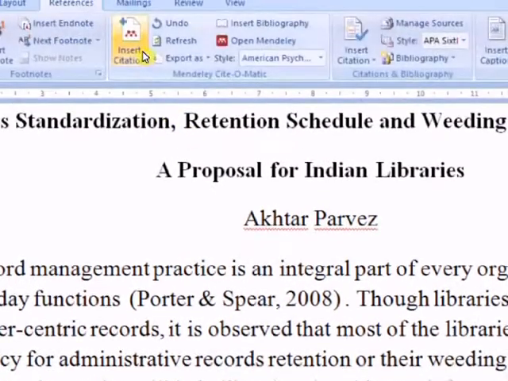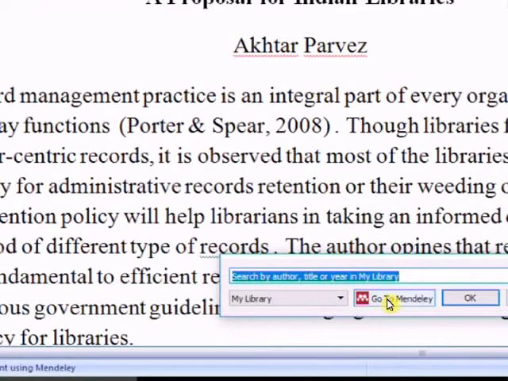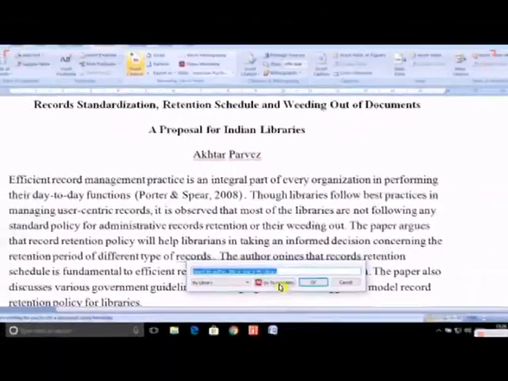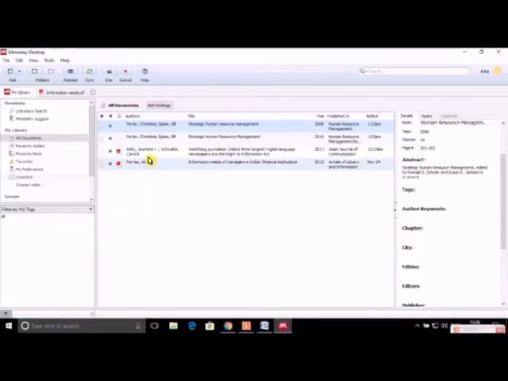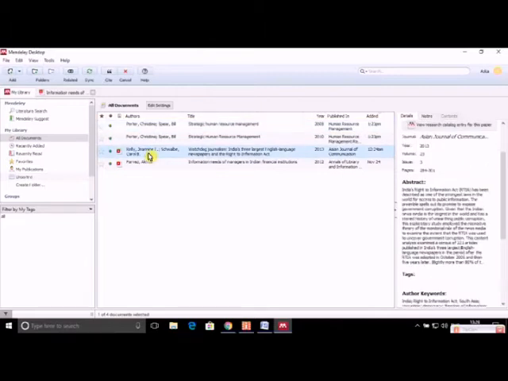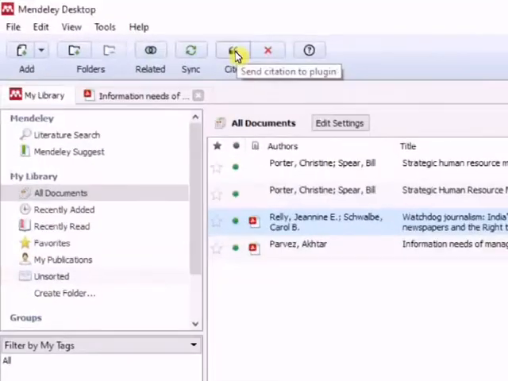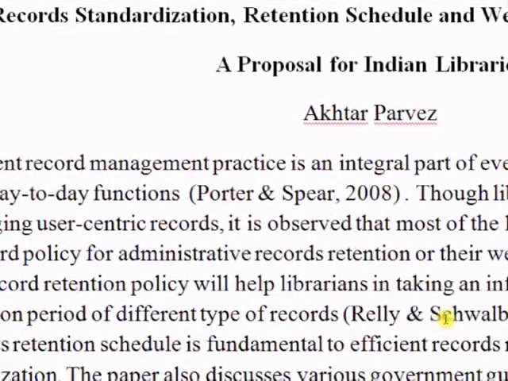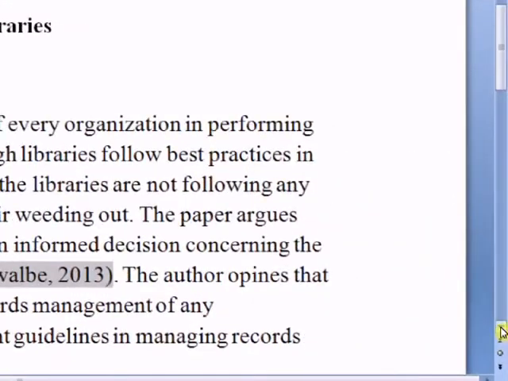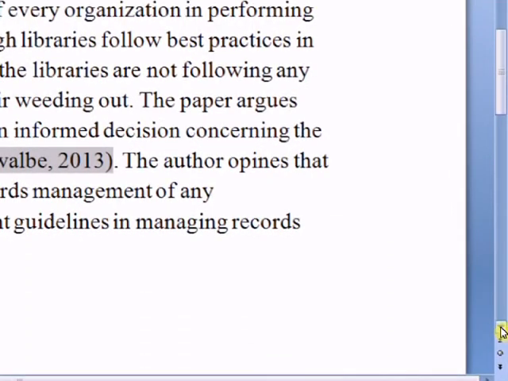Now similarly I can add more citations. Let me add one more citation. Okay, once again I'll go to Mendeley and say if I want to add this particular paper, I'll say cite, and the paper has been added.